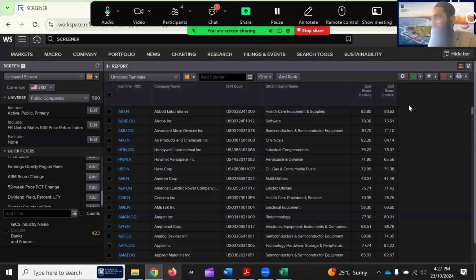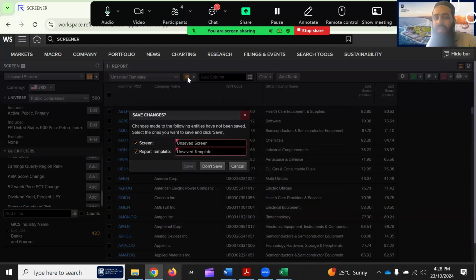Once you have set this up one by one, I say easy time now, tough time later, or rather tough time now, easy time later. Initially it may be tough as you keep adding, but then you can reuse it for any list of companies. Let's say you have added 20 variables for 20 years. There are so many columns, and there is a save option here. You can save this template. You can say ESG 2024, or you can customize it.